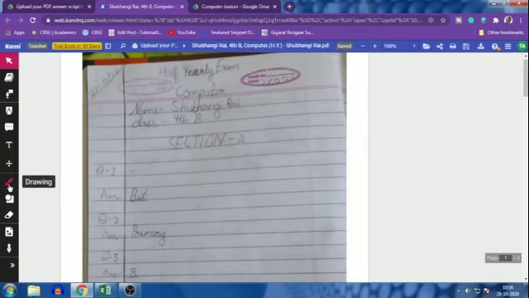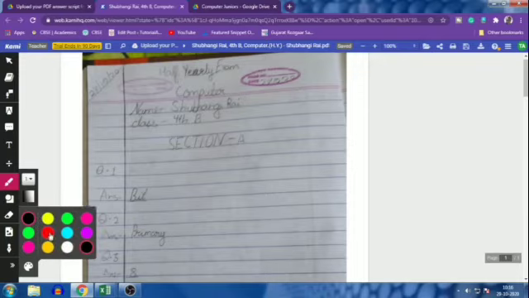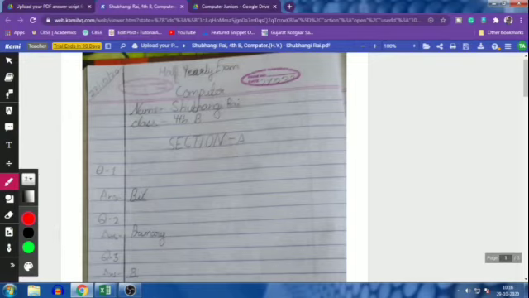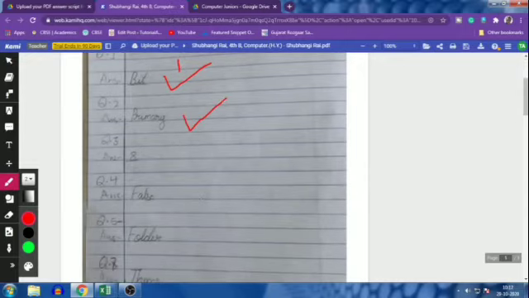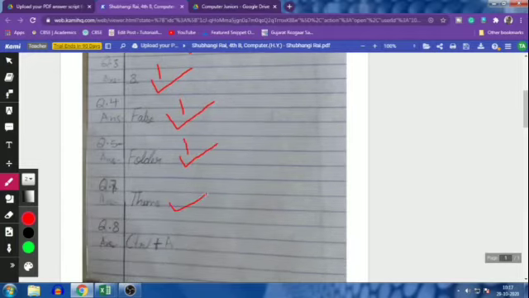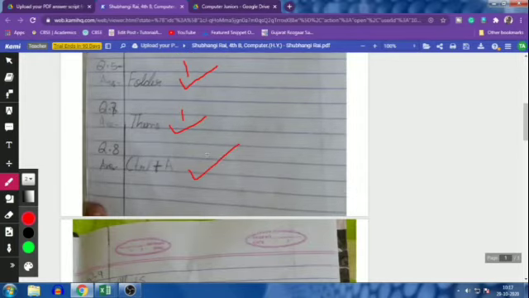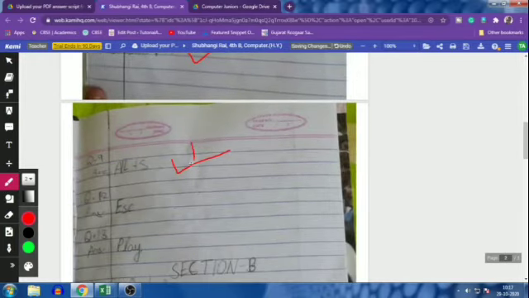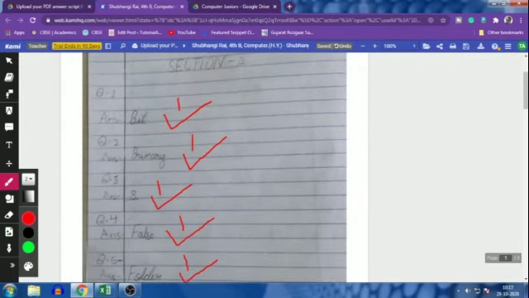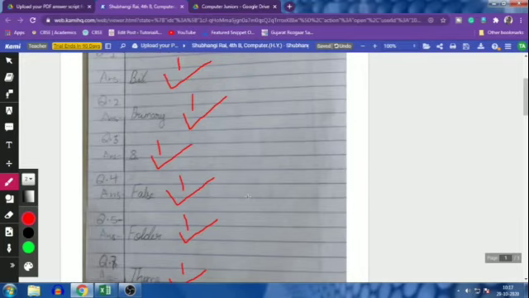Drawing, pick the drawing tool, and select whatever color you want. Then if you want, change the size of the line. Now the first answer, beat, is correct, I am giving 1 mark. Second answer, primary, 1 mark. 8, 1. False. If answers are correct, just mark them. Theme is also correct. Control A is also correct. Alt is correct. Escape is correct, and this is also correct. This is the first part, and in this section I have asked 10 questions, but the student has written all 13 questions, but I will give 10 marks only. The rest 3 questions are extra.